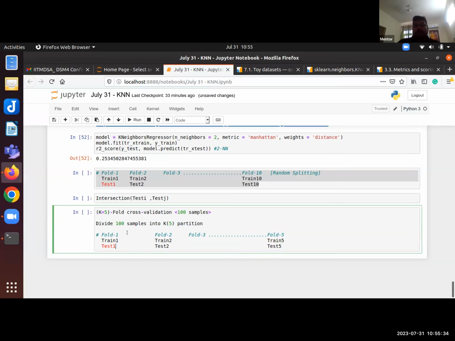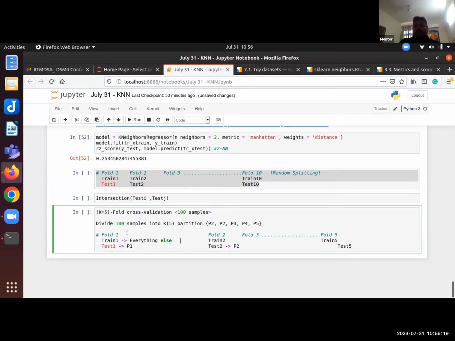So in the fold one, let's say these 5 partitions are P1, P2, P3, P4, P5. If you have 10 partitions, then there will be P1, P2 up to P10. So in the first fold, test 1 is P1 and everything else is in train 1. Can you tell me how many samples are there in the train set right now? Now it will be P2, P3, P4, P5. So total how many samples? 80. And how many are in testing? 20. In the next step, you're going to use P2 to be your test